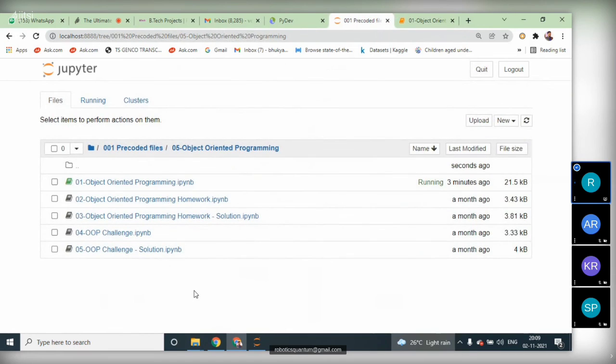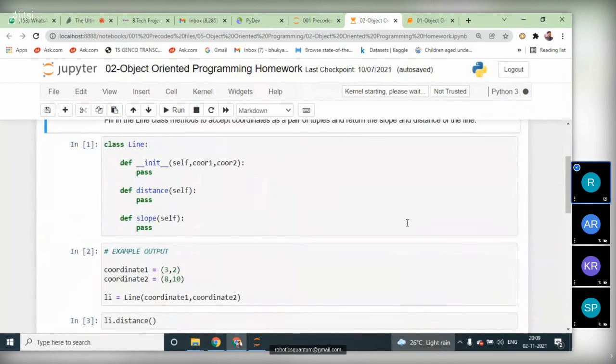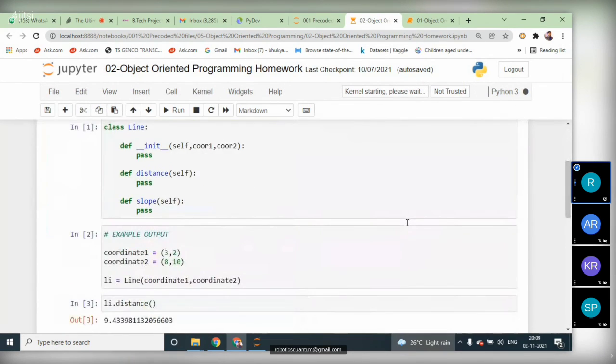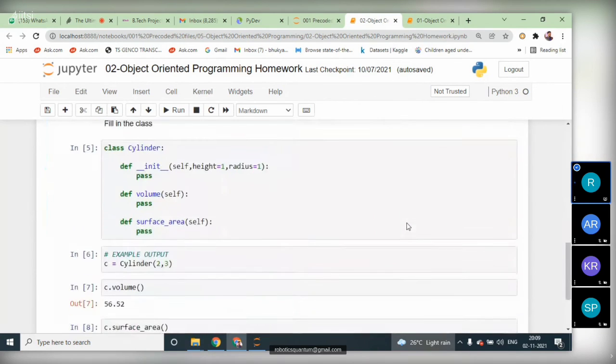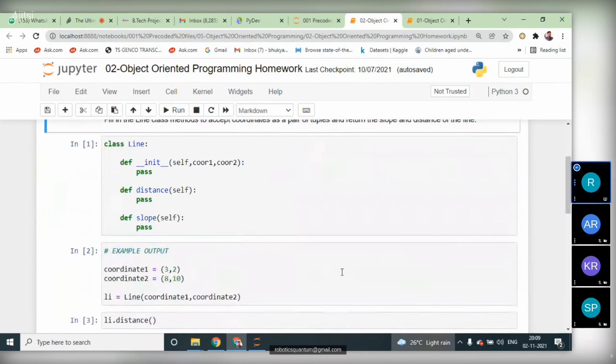Next, I'm going to send you the object oriented homework. I'll upload it again on GitHub and you have to work on it. I think some of you worked on the previous work. If you do the work and I get submissions, only then can I know whether you attempted the assignment. If you don't get it, then I'll explain it.